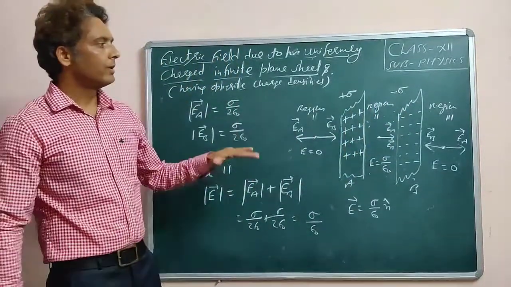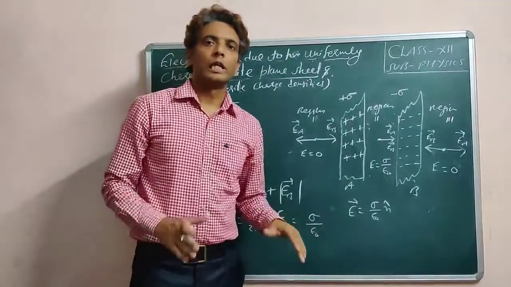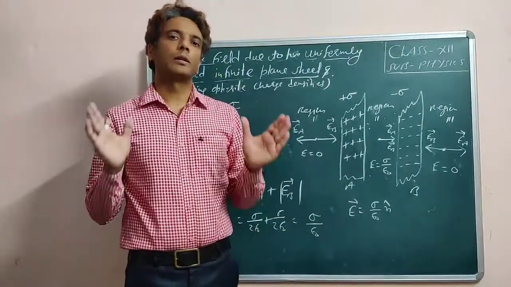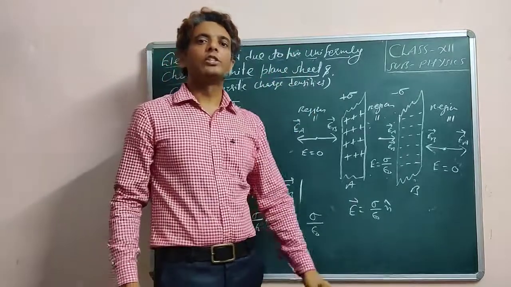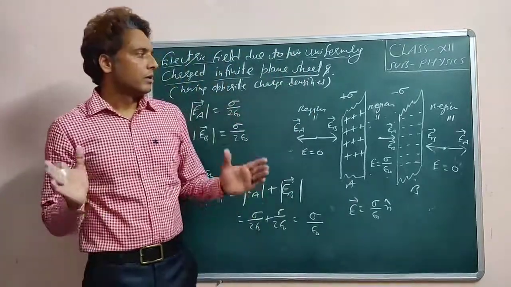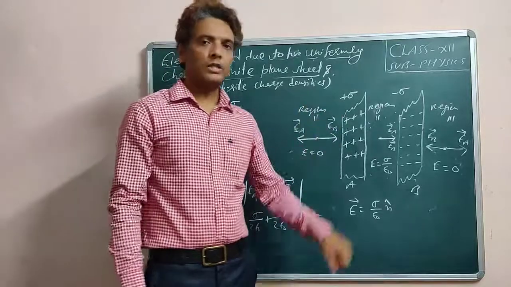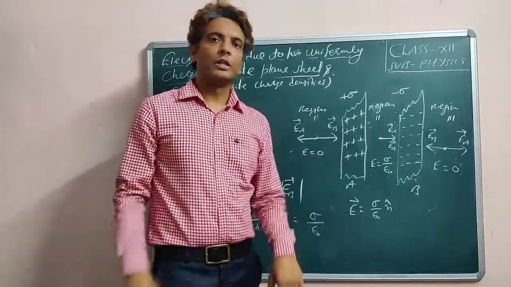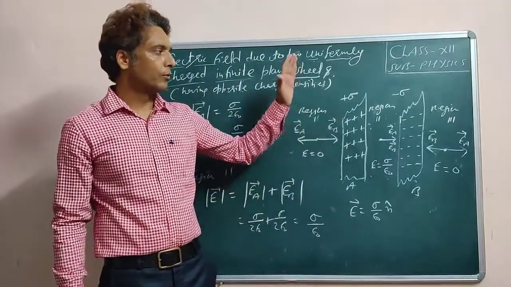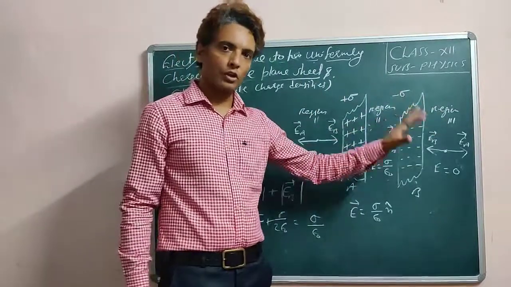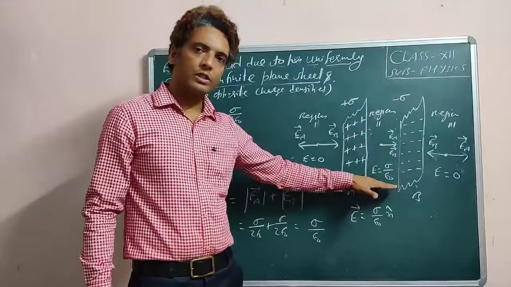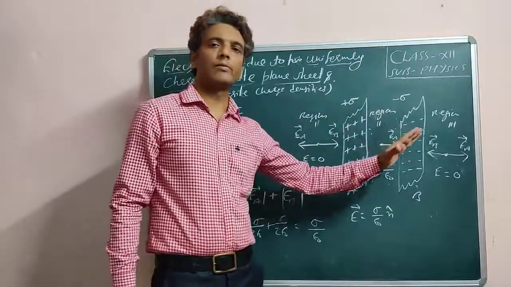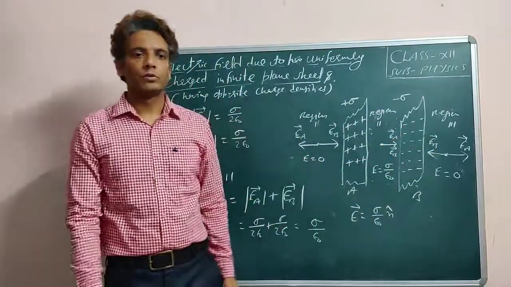So today we discussed how electric field intensity can be calculated for an infinite thin charge sheet, and what the electric field intensity is for a combination of sheets. In the case of two oppositely charged sheets, we saw that electric field exists only in between the sheets, and outside the sheets the electric field is zero. So I stop.